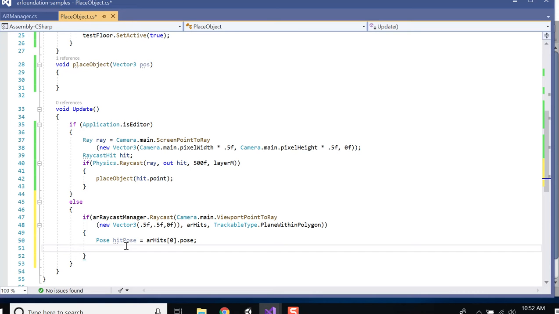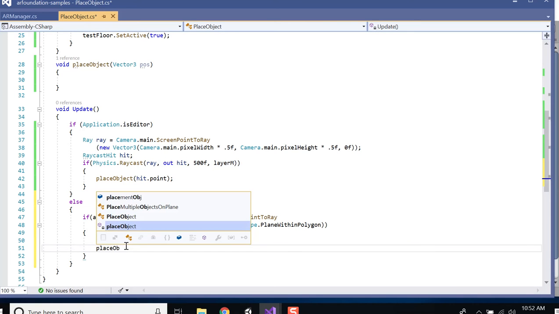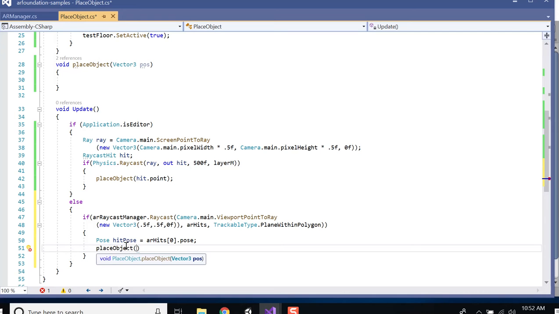And then we can just call PlaceObject with hitPose.position, and that will feed in Vector3 to there. Okay, so then